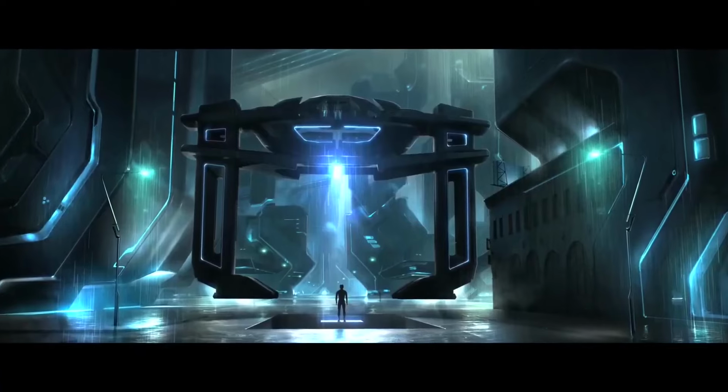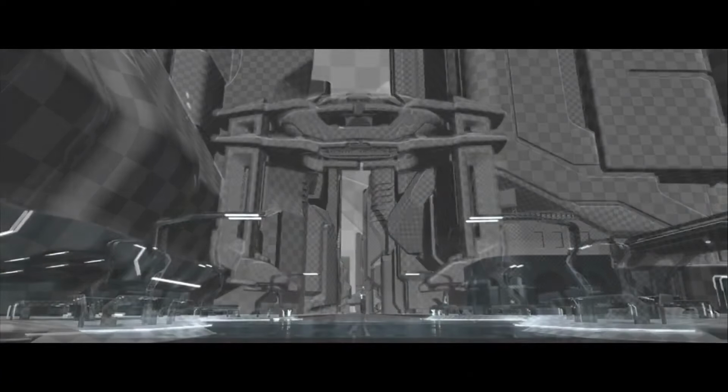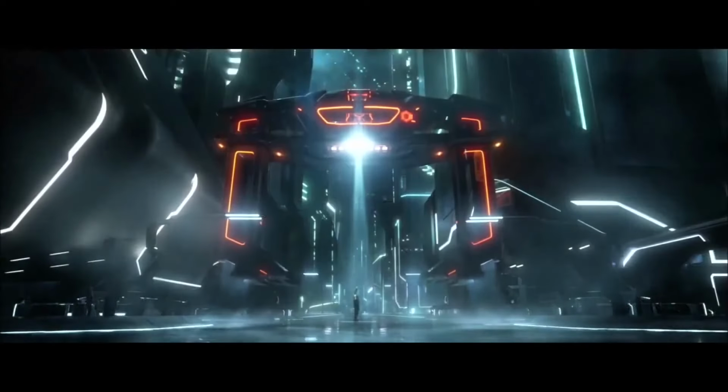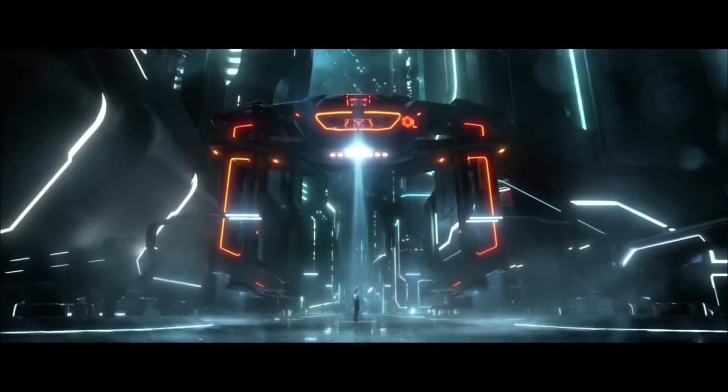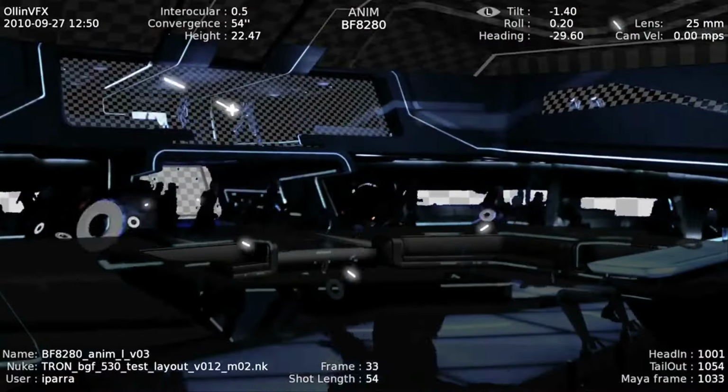We had to create everything in this world. So between the environments, the vehicles, and our digital character, visual effects has been working on this film for about 2 years. There's roughly a little over 1,500 shots in this film, but with layout approvals, animation approvals, 3D approvals, it's roughly like 6,000 plus shots, it feels like.